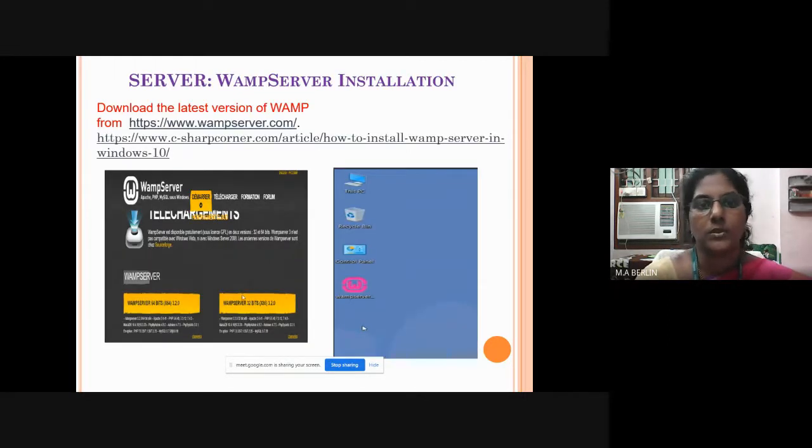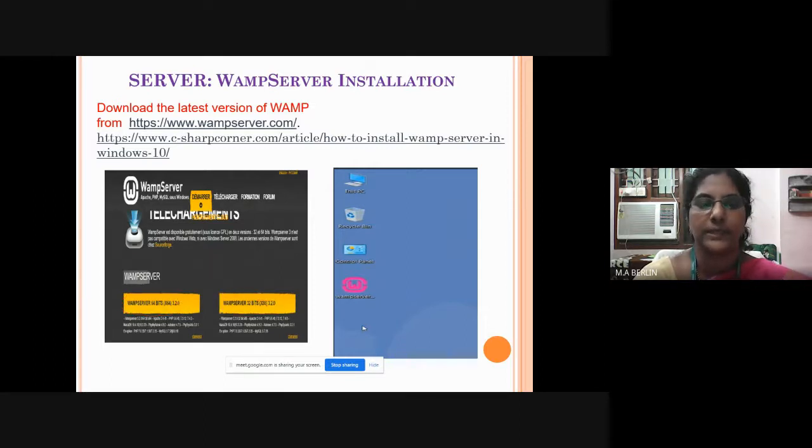And how to install WAMP server now. If you give this website, www.wampserver.com, you can see this page, and it will open this page, and there you can find one link for WAMP server with 64 bits and another link for WAMP server with 32 bits.